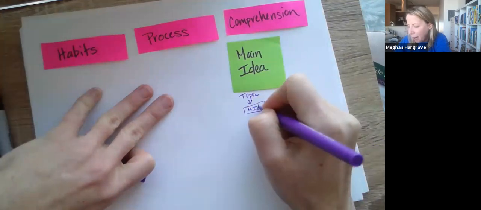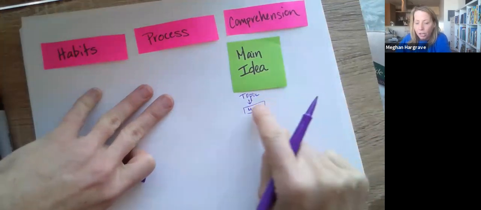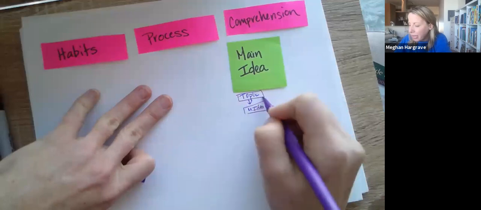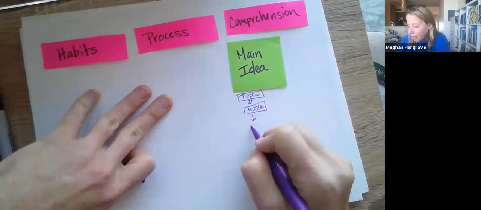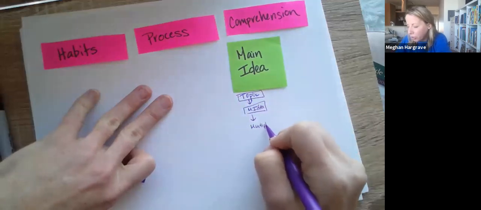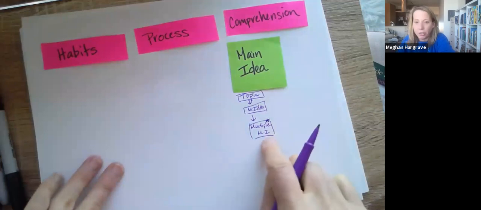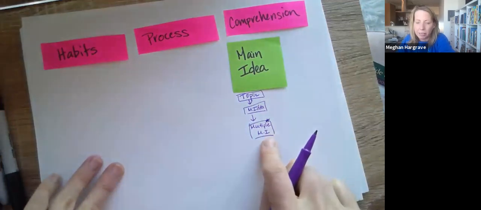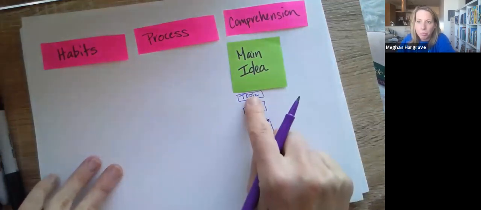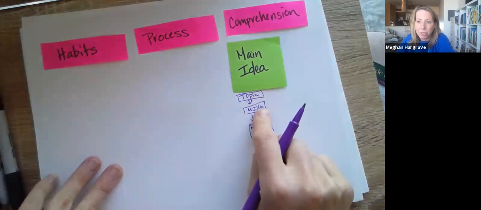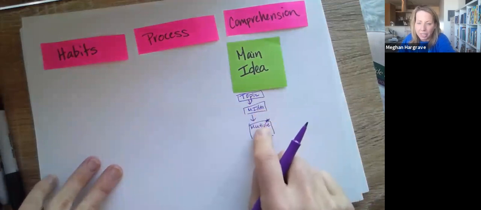And kids move from, or books go from being about a topic to being a statement or a main idea about a topic. From the topic to the main idea about the topic, they start to move into multiple main ideas. And in a lot of the books that your kids are reading, they're probably at the point where they're moving into multiple main ideas. So it's topic moving into main idea. What's the book saying about the topic, to multiple main ideas?